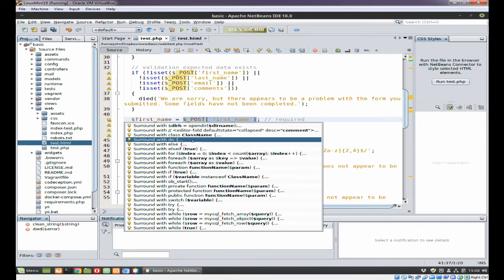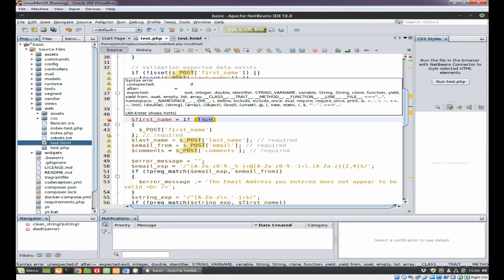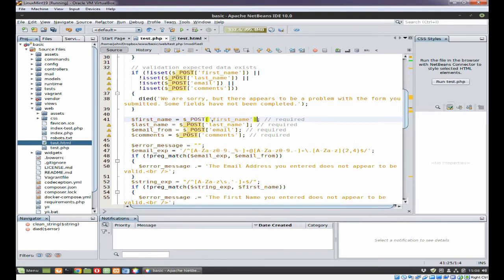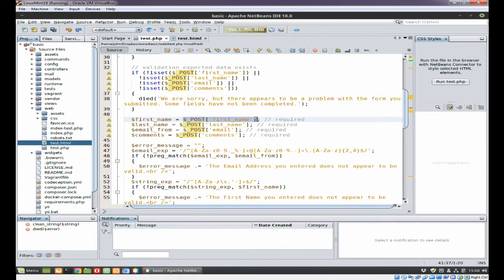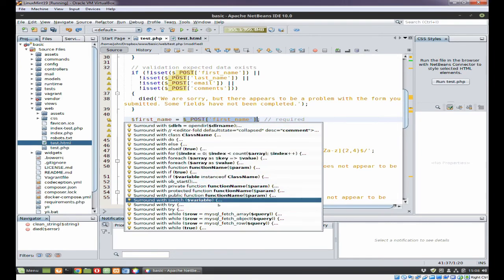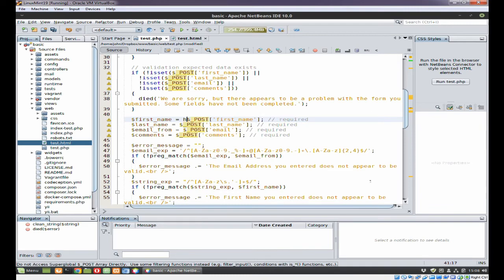So if I, for example, surround with, you can see it's come up with if true, and then it's put the post first name and so on in here. We'll just take that out again. So you can actually highlight items and surround them with different commands if you wish. I don't wish to surround that with commands, so we will just do